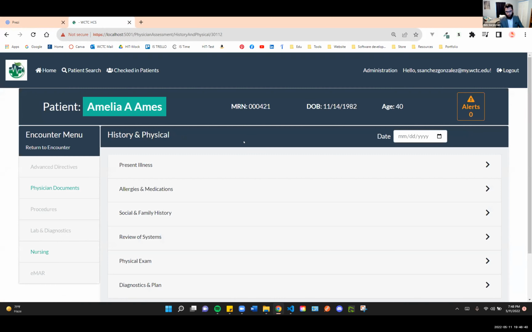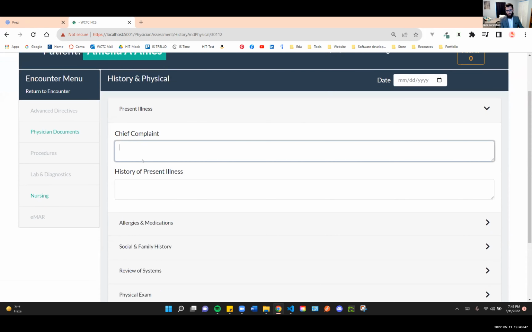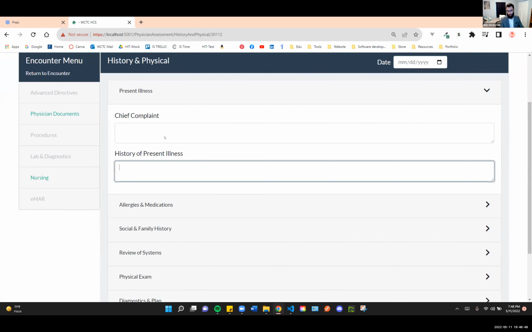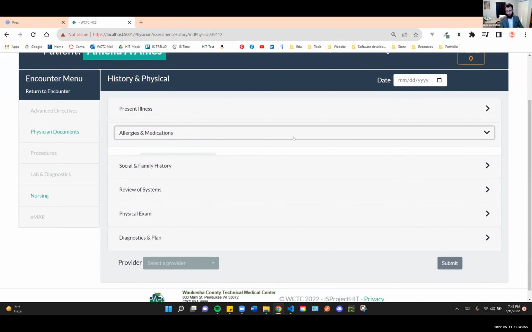So the history and physical form starts with the present illness. That is whatever the patient's current ailment is. So you can enter whatever their primary complaint is, as well as add the history of that illness. Under allergies and medications,